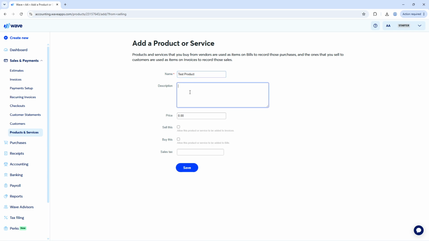After that, move to the description field and enter a short description. This can help identify the item more clearly when you review it later or use it in a transaction. Next, enter the price. Type the amount you want Wave to use for this product or service. Make sure the price matches how you want the item recorded, since this value will be attached to it when